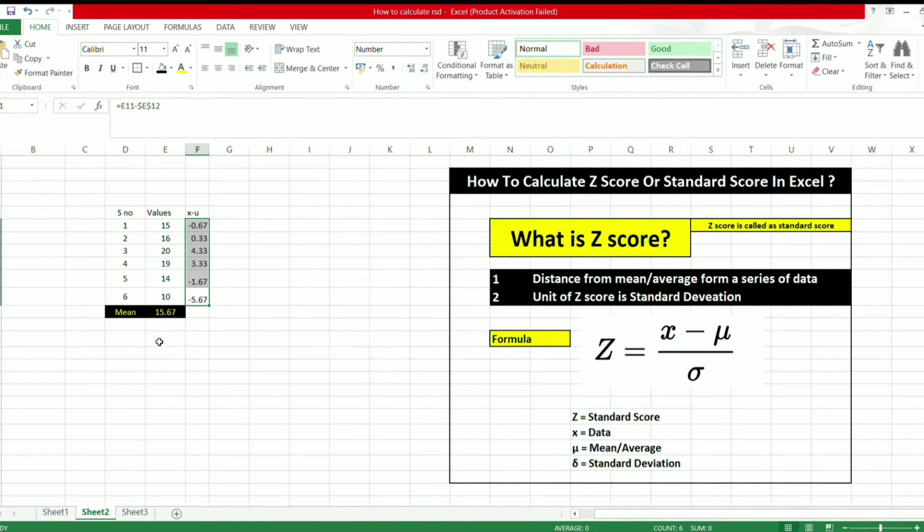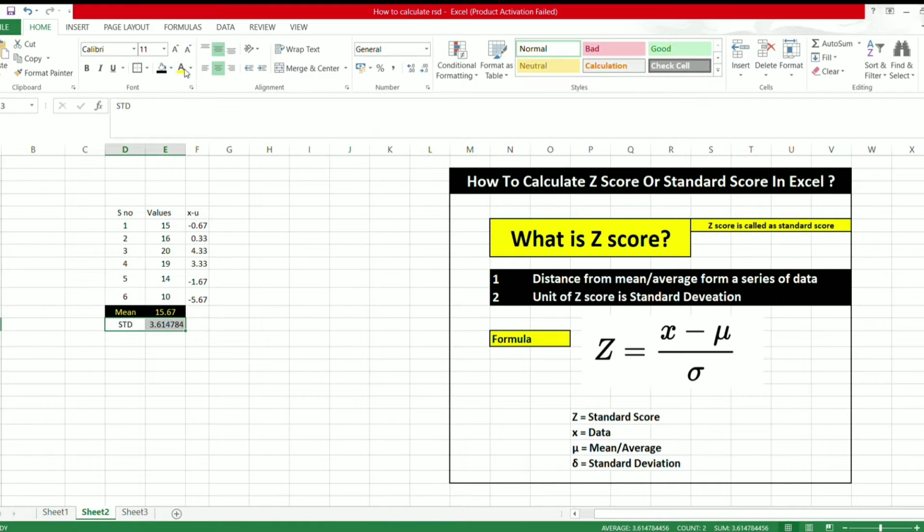Next we need to calculate the standard deviation. Standard deviation can be calculated in two ways: manually, or using the Excel formula. The standard deviation formula is STDEV, standard deviation, and select those cells or values, close the bracket, and we will get the standard deviation value.